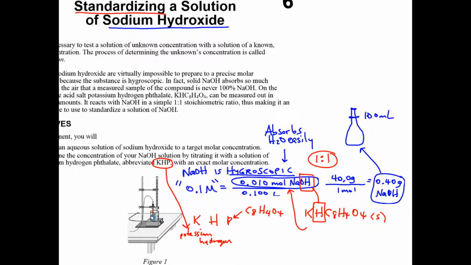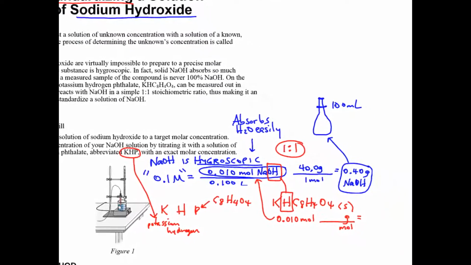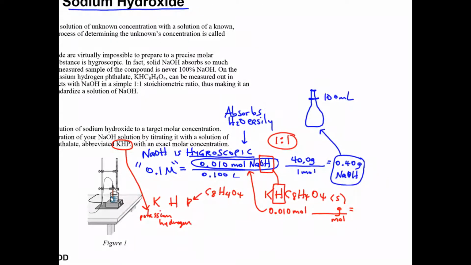If you need 0.01 moles of NaOH roughly, you're going to need about 0.010 moles of potassium hydrogen phthalate. And then you need to figure out how many grams that is. Whatever this grams is that you figure out in your pre-lab, that's how much you need to measure of your